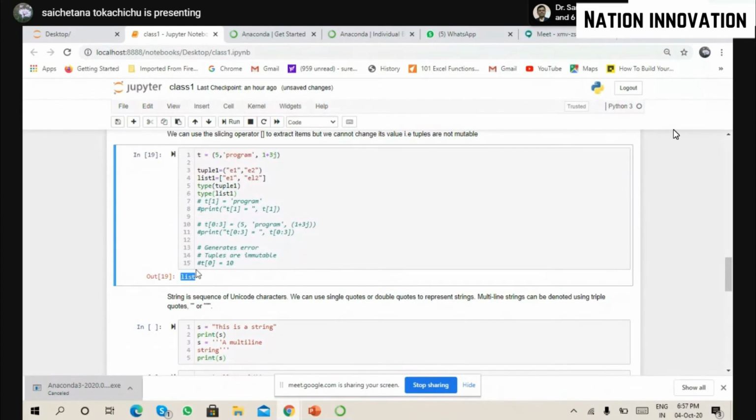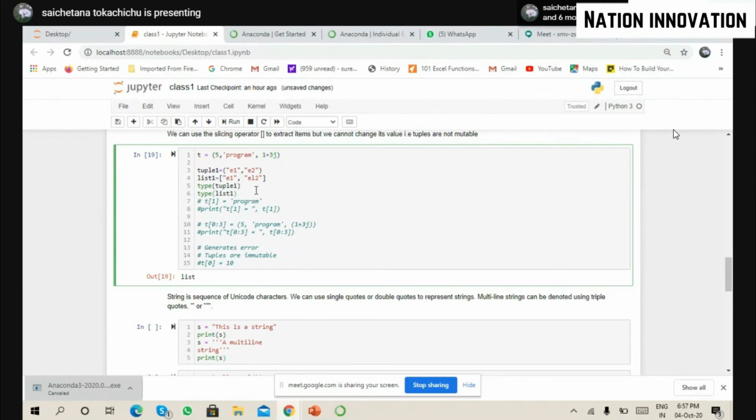See that? If you observe this, after running this, both of them have run together, type and type, both of them. But I'm getting only the last one, which is a list. Why is this happening? You need to remember this whole notebook is run in chunks. So if you have multiple outputs, only the last line of output will be displayed to you. The rest of them will run internally.